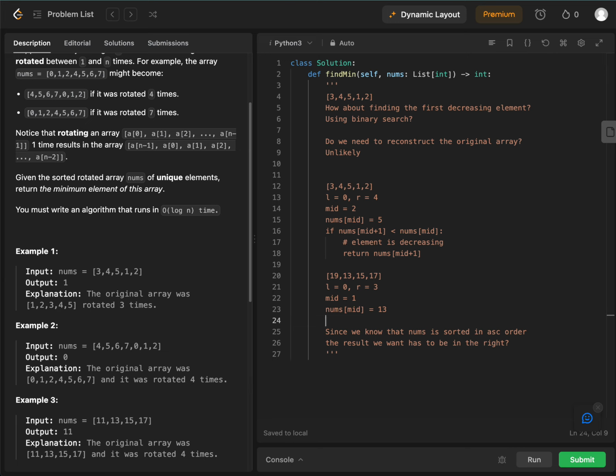The first case is that if nums mid plus 1 is smaller than nums mid, the element is decreasing, you return this. Else, if